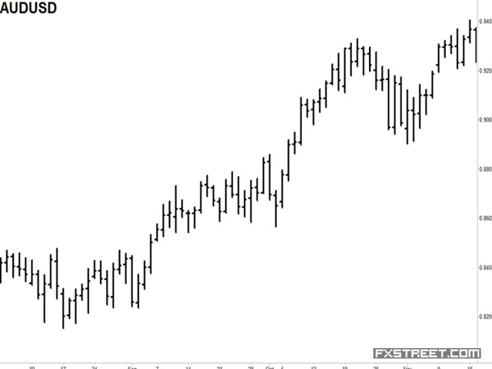All right, so here's an older chart of the Australian dollar. Now, obviously, we can see that it's been in a nice uptrend, okay? This is what we're looking for. We want to trade with the trend.